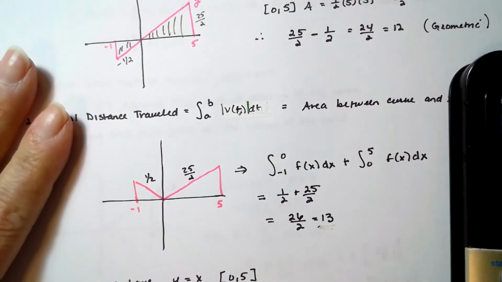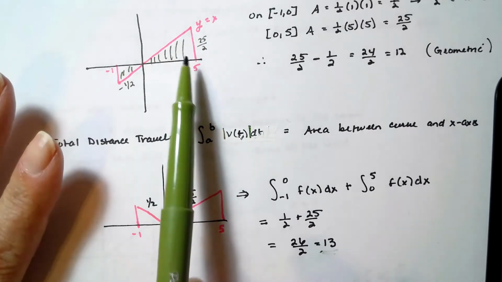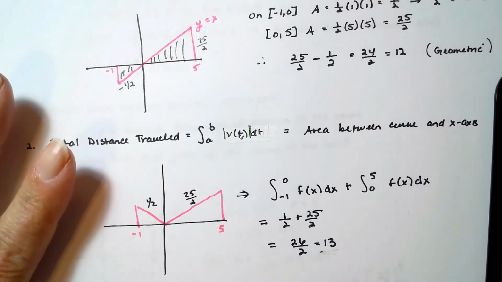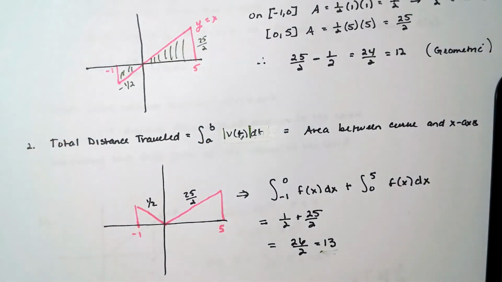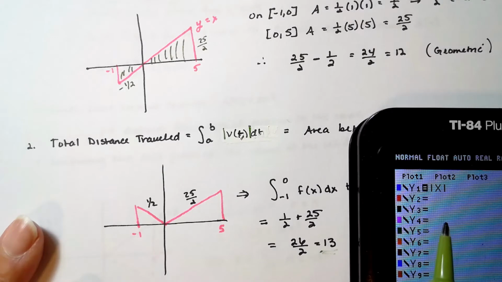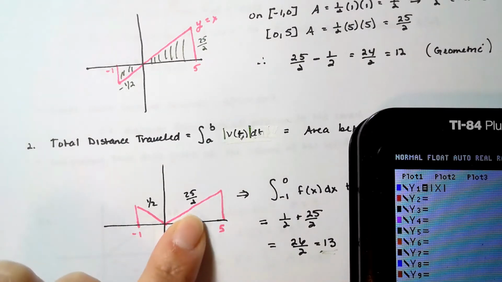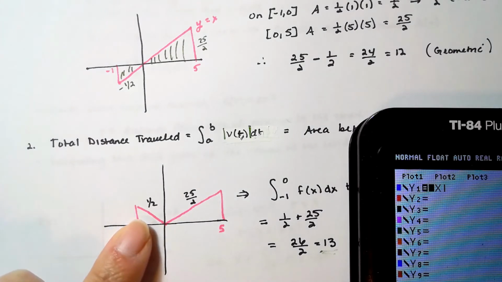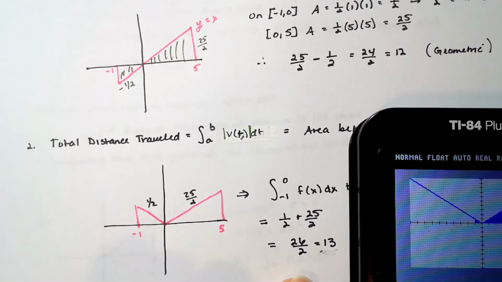Okay, in the net distance traveled case, we're still looking at area between the curve and the x-axis. The difference is we're subtracting the area below from the area above. Okay, and either way you can do that with the definite integral. So if you're asked for total distance traveled, make sure, if you're using your calculator, to put the absolute value symbols around your function. Regardless of whether it was positive to begin with and just that little piece was negative, put the whole thing in absolute values, and as you saw in that last one when I did second calc 7 from A to B, it